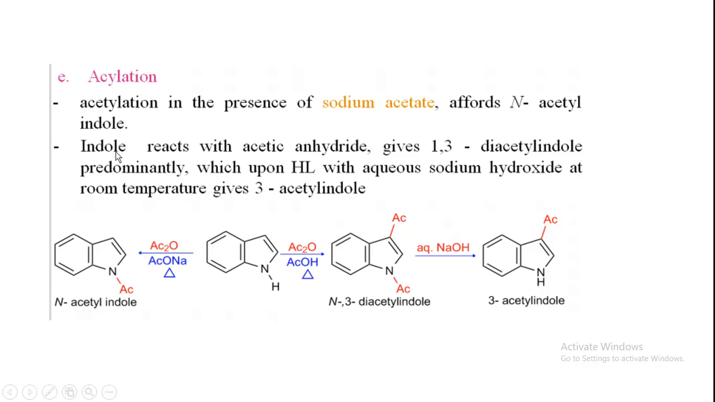Okay, next reaction, another electrophilic aromatic substitution reaction, that is acylation or acetylation. Acetylation in the presence of sodium acetate affords N-acetyl indole. Indole reacts with acetic anhydride, gives 1,3-diacetyl indole predominantly, which upon hydrolysis with aqueous sodium hydroxide at room temperature gives 3-acetyl indole. So you just see N-acetyl in presence of acetic anhydride. Ac2O is acetic anhydride, so it will give 1,3-diacetyl